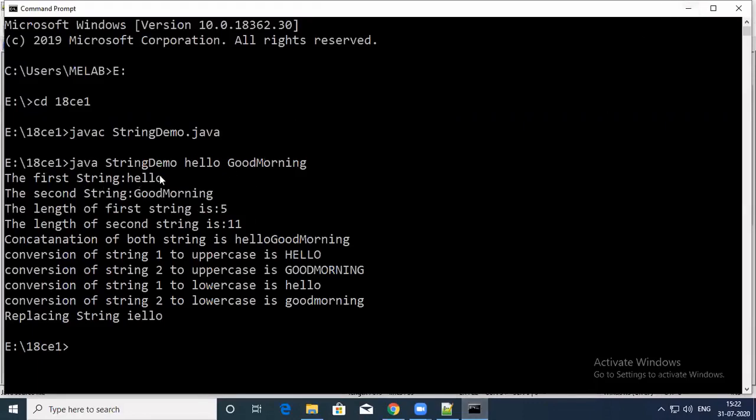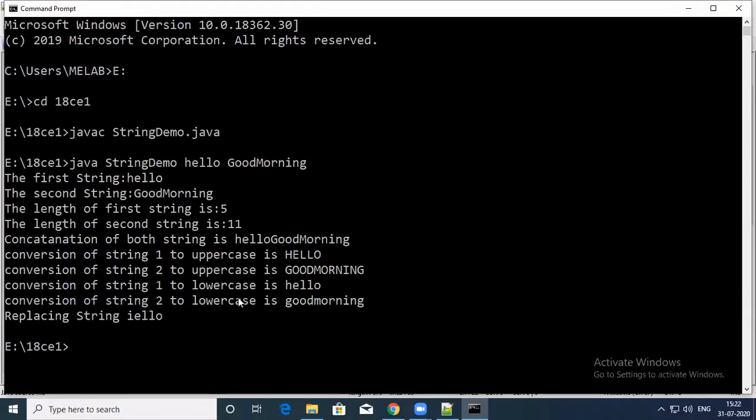The first string is hello. The second string is good morning. The length of the first string is 5. The length of the second string is 11. When we concatenate both strings, we get the output hello good morning. When we convert the first string into uppercase letters, it will display capital HELLO. Again, for the second string, it will display capital GOOD MORNING.